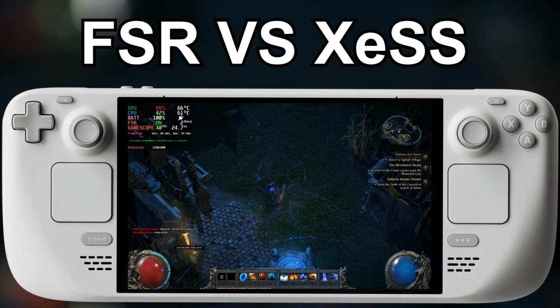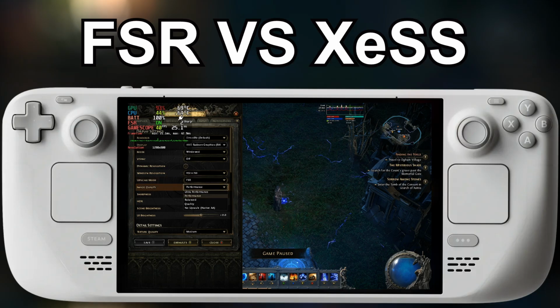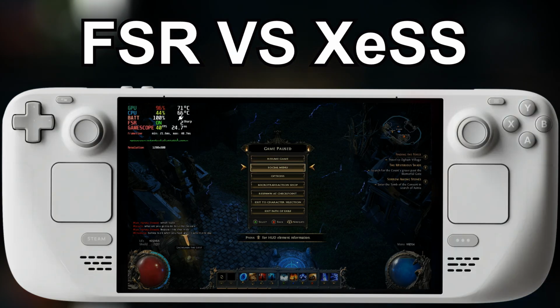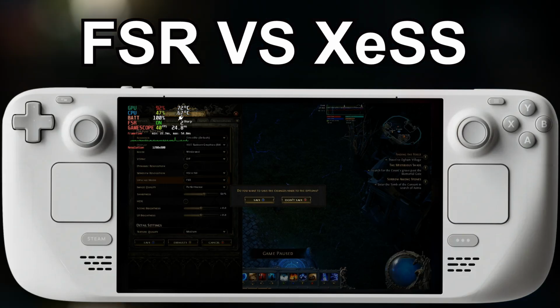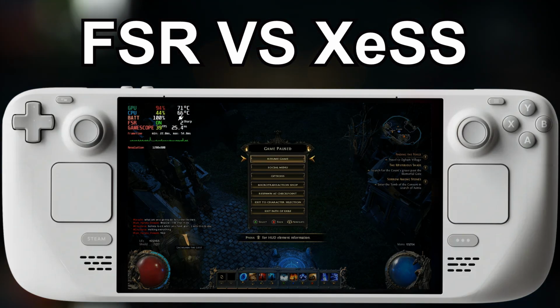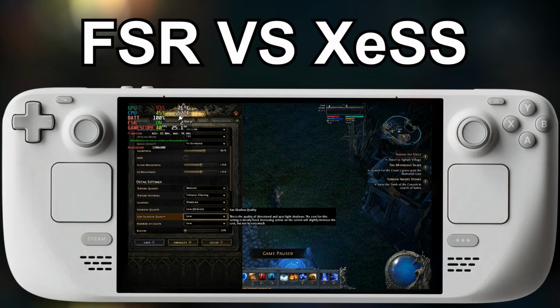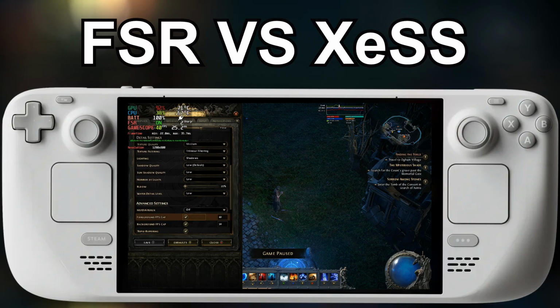With FSR, you can see that the tiles we have here on this road have a little bit more sharpness to it, but we lose the electric effect in this spell. So the spell is supposed to look a little bit more bright and more detailed. With XeSS, we get a lot more brightness in the spell, but we lose the sharpness in the tiles. So it really comes down to preference, and in terms of performance, I did not see any major differences between both of them. I personally prefer FSR. I don't mind losing a little bit of the effect in the spell, but FSR keeps things just a little